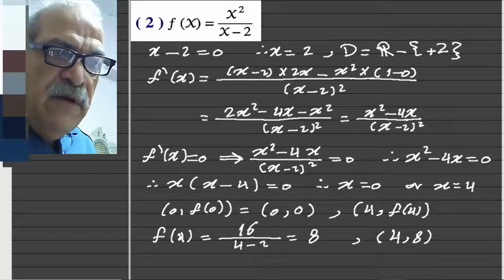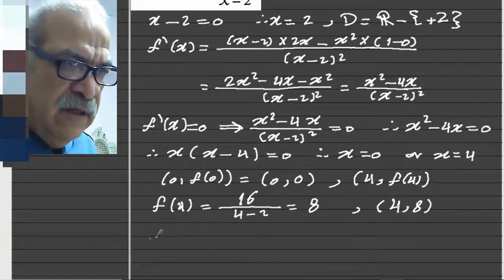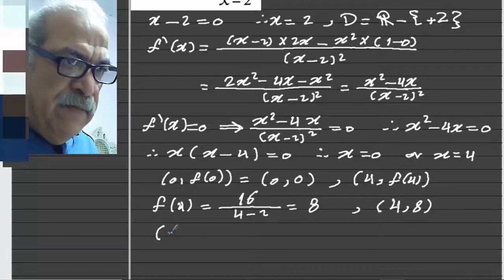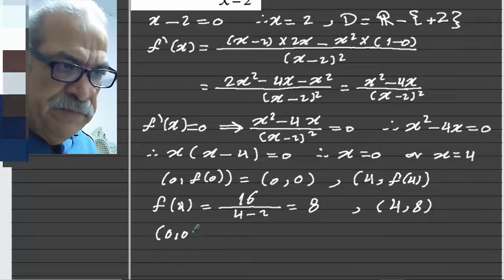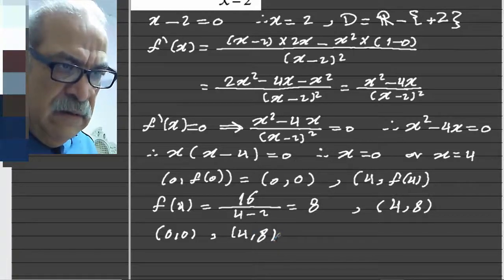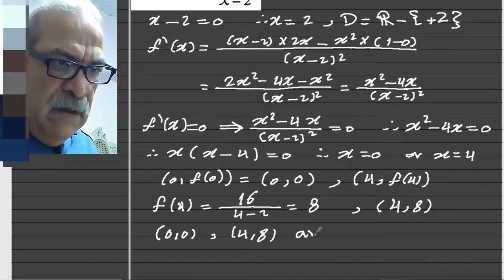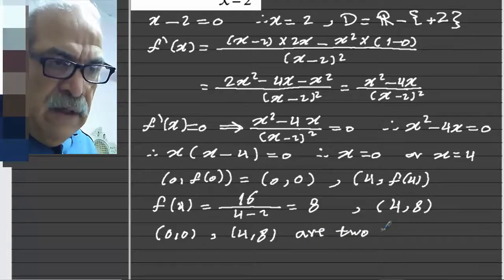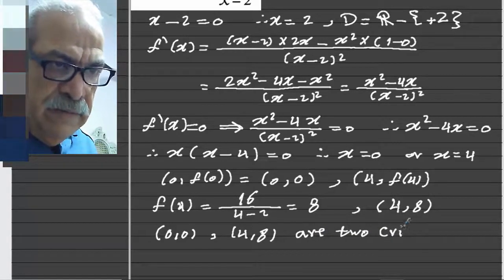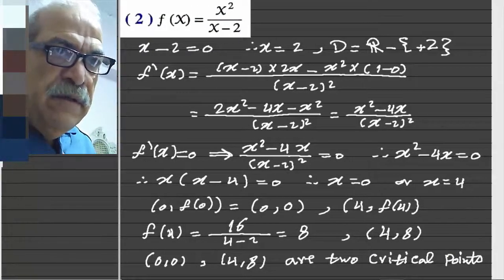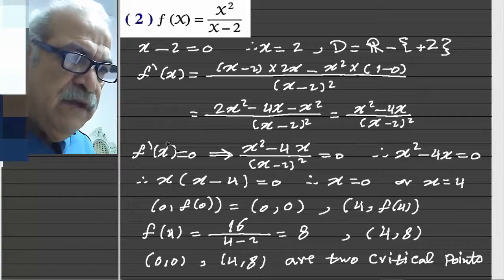Okay, and to simplify this part, we write 0 and 0, and 4 and 8 are two critical points. And here we have, back to f dash,